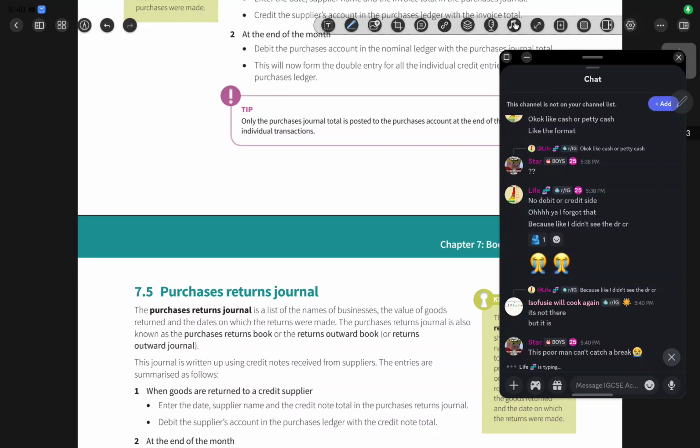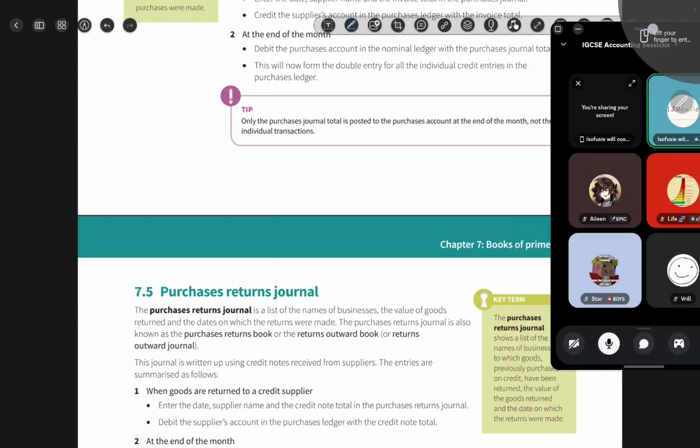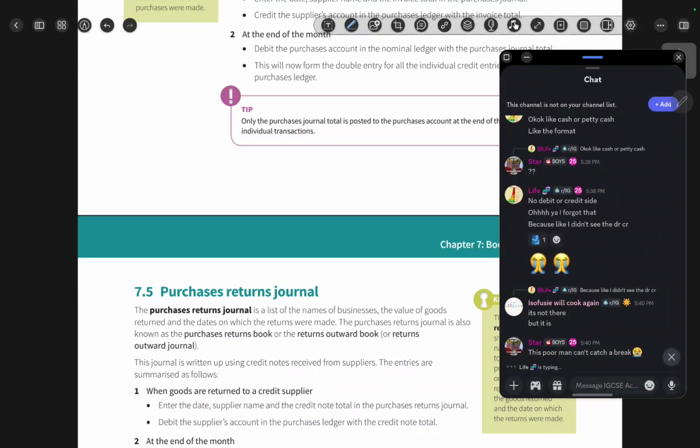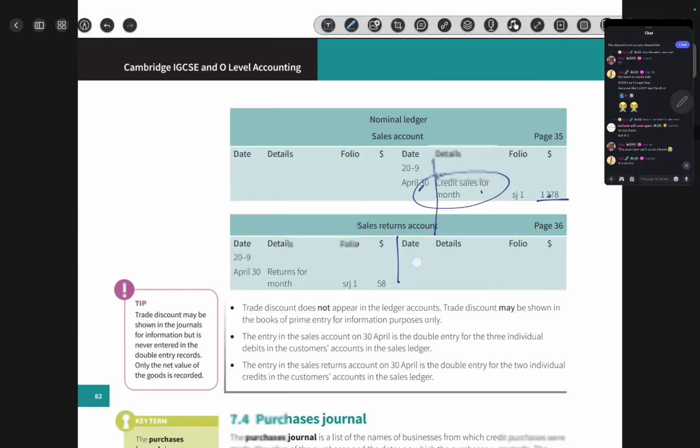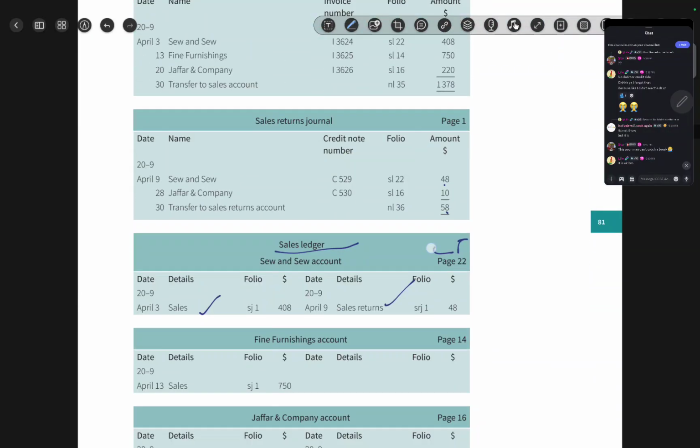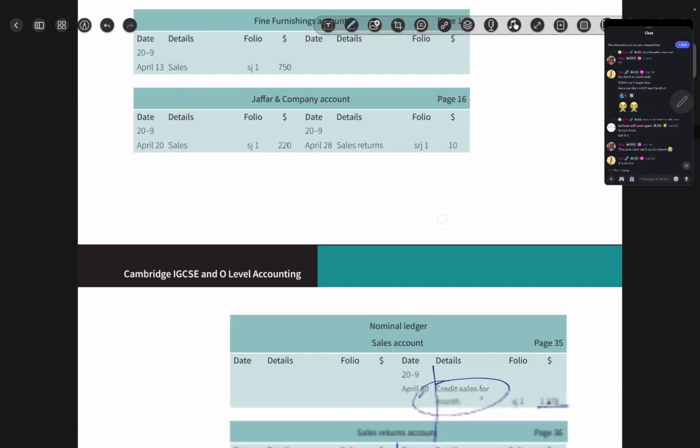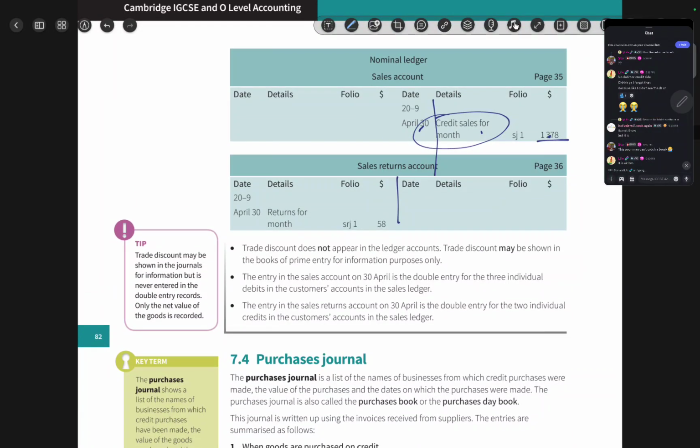Anyways, they can hear it now. Well, we were talking about, it's not okay, trust me. We were just talking about how sales returns and sales, the double entry. And now we're gonna move on to,